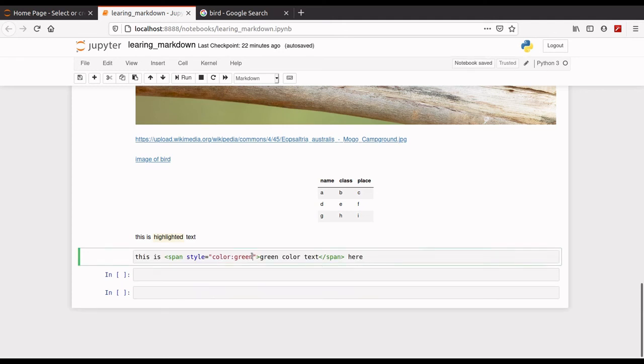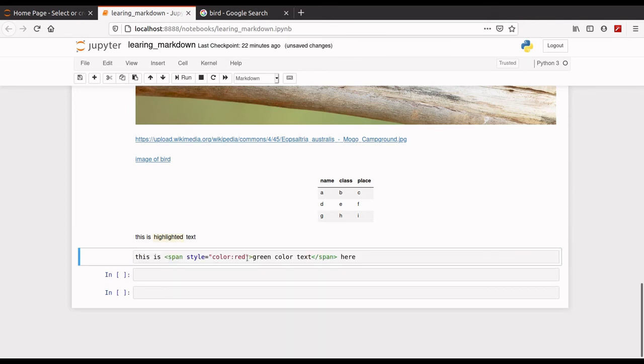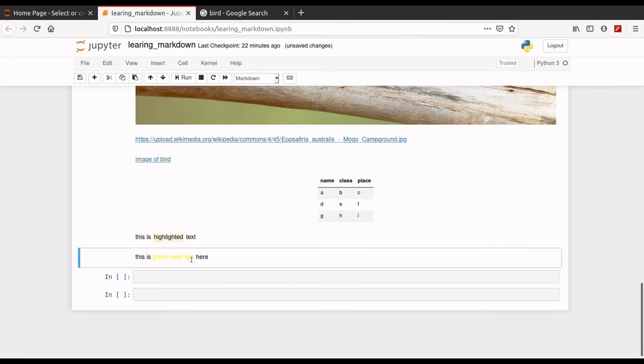Now if you want red, then you just write red. Yeah, look, it is red. Yellow is also available. Yeah, it is yellow, but it is not very visible.